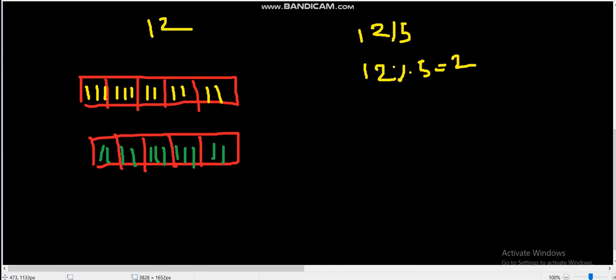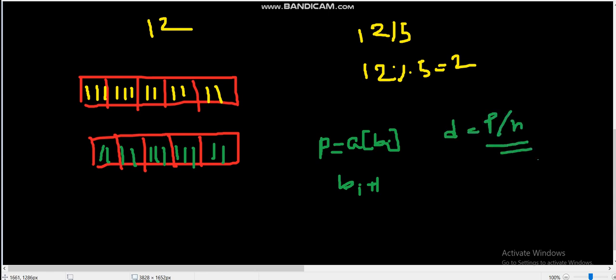So you are seeing that the extra two balls that we are adding start from the box from which we have started our current operation. So let's say p equals a of bi, that means the number of balls in the bi box. So we'll start from the bi plus 1 box, and let's say we are taking two things. Let's say d is nothing but p by n,